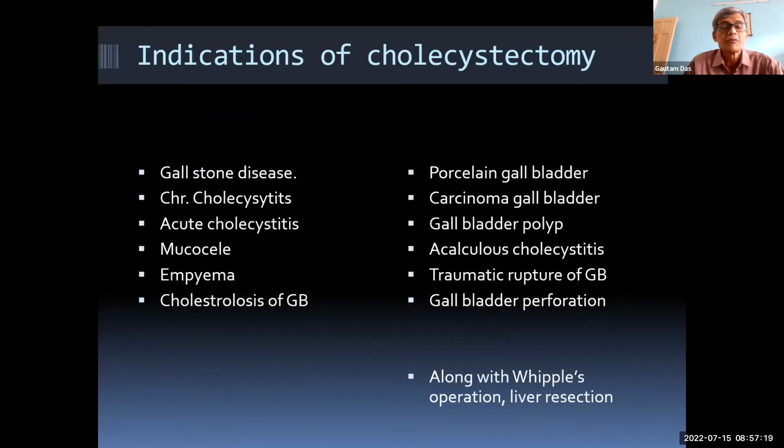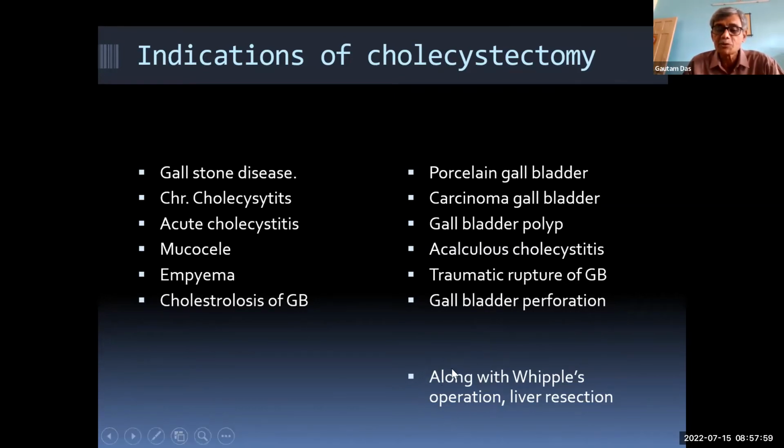So indications, some are for the gallbladder itself and due to stones, and some are without stones. For example, perforation, traumatic rupture and gallbladder perforations, there may not be any stone, and also acalculous cholecystitis, for example in severely diseased patients, there may be acute cholecystitis. So we have to remove it without stones. And some are polyps, as you have mentioned: a large polyp more than 1 centimeter, or multiple polyps, or the size of the polyp is increasing. So these are also indications other than the stones.